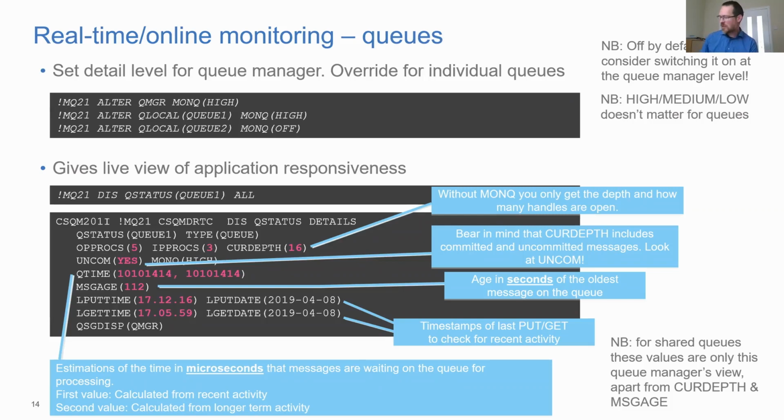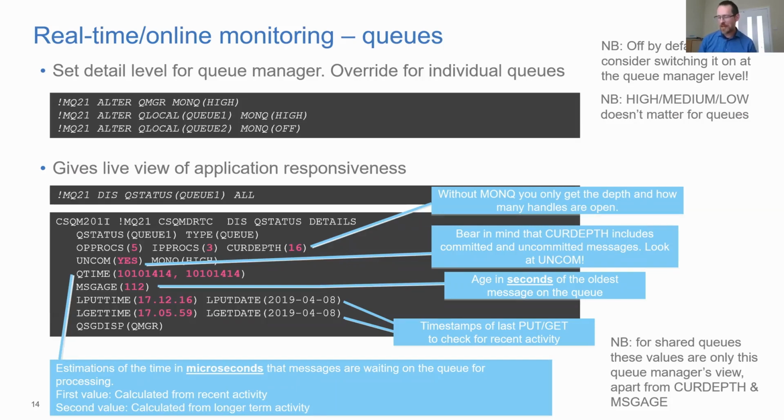Real-time with MQ basically means you can run MQSC commands to see the state of your queue manager. It's, again, not that dissimilar to what we were looking at a few slides ago. There are two sets of real-time monitoring. First off, we're going to talk about queues. I should say, by default, real-time monitoring is not on. So if you want to use this today, you're going to have to switch it on. We would heavily recommend that customers enable this by default, because it is so useful